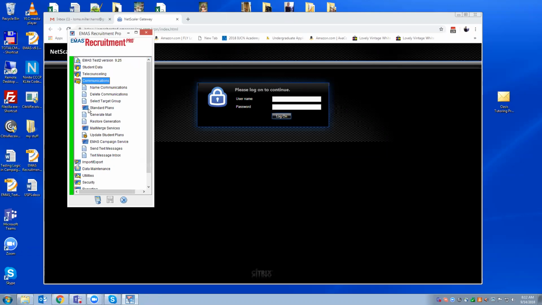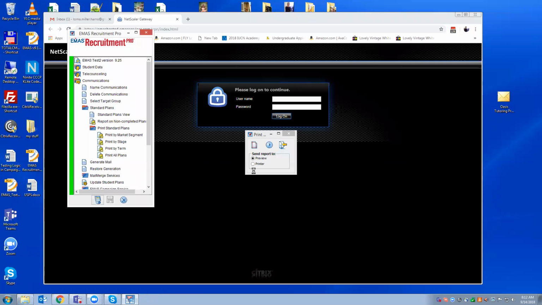So the first thing we like to see that you do is to go in and run a report, because it's kind of a black box, right? You don't really know which plans are active and which ones aren't. And so it's often a surprise to clients to realize that they have older entry terms that are still active within their system. And if you're not renaming your communications, then of course they're all mixed in together, right? So that becomes problematic.